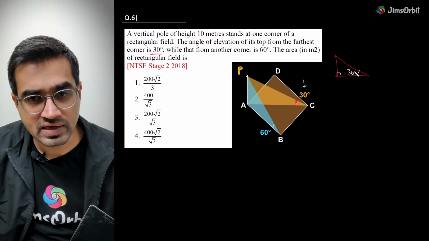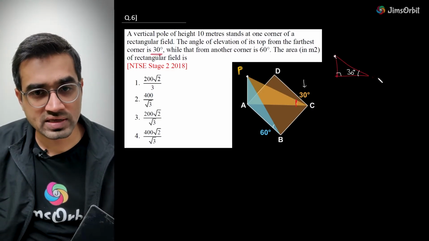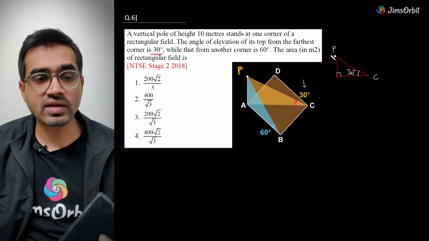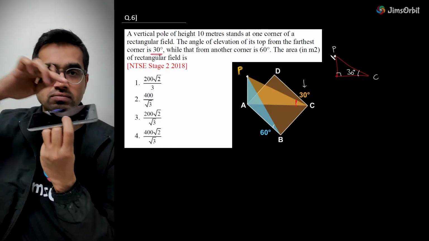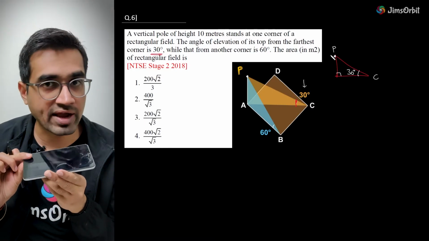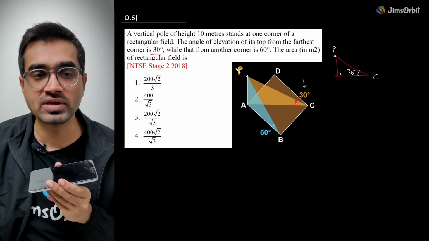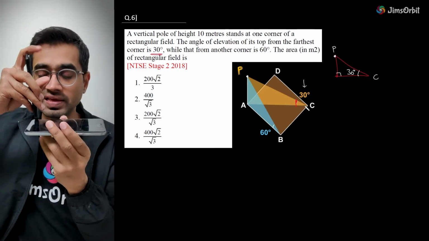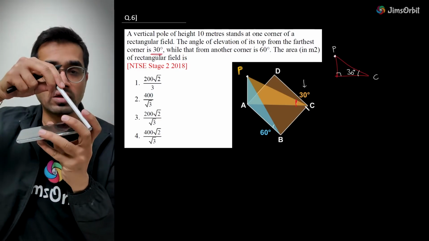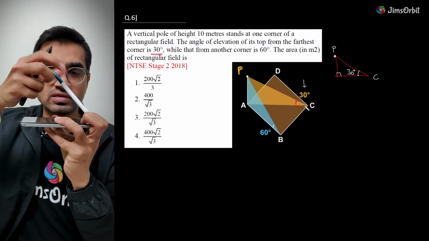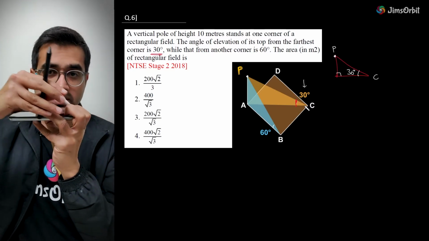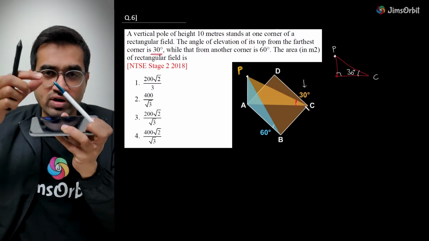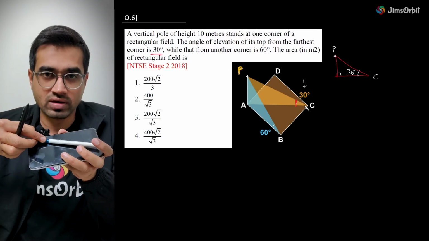This is 30 degrees. This length CP is the top side. This is not the diagonal. Don't confuse and think that CP is the diagonal. No, it is not. Let me get one more pen. If you see, the pen is going like this. The CP line is this pen line. The pen is not the diagonal. This is the diagonal. Correct?